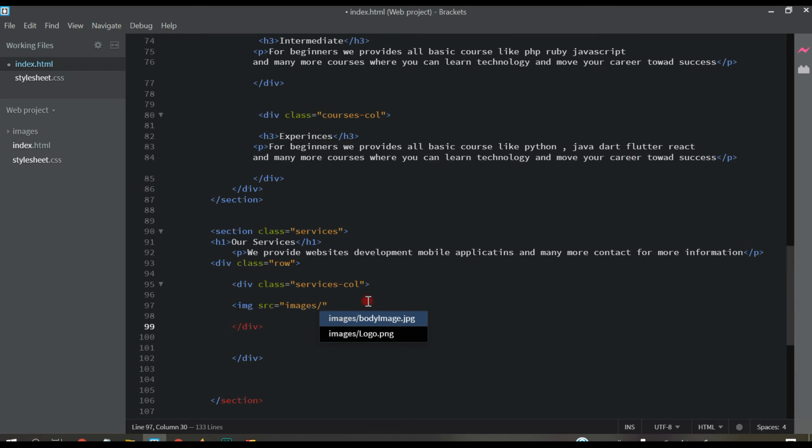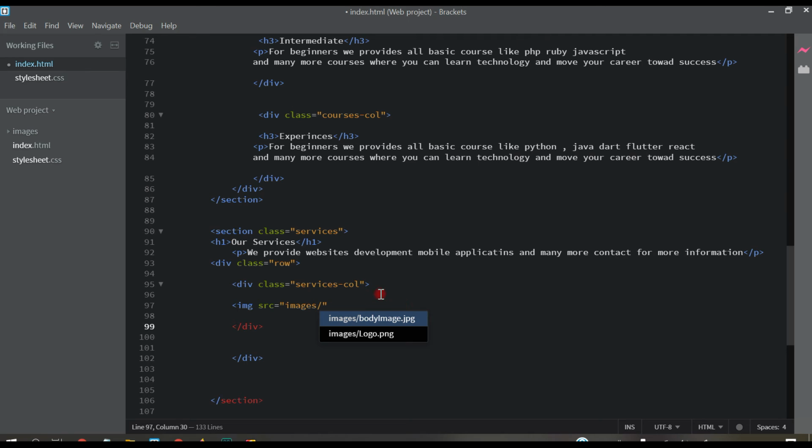We have to save one image because we don't have one yet. Step by step I'm telling you, you can download any image from Google and then crop it in Photoshop, whatever editor you have in your computer, and just save it in your folder.